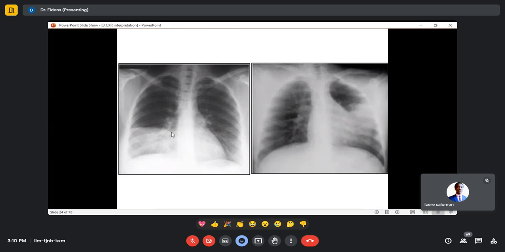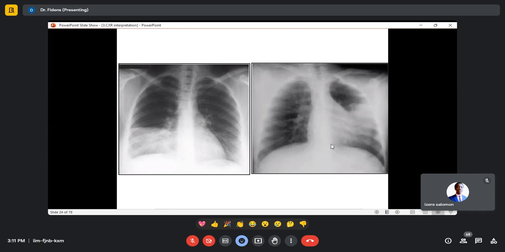And by seeing this, immediately you know that this opacity is located in the right middle lobe, because the opacity in the right middle lobe is the one that is silhouetting the cardiac border on the right side. Okay? But it is not extending to the lower lobe because the hemidiaphragm is clear. It's very well outlined. If the opacity was extending to the lower lobe up to the base, you should even have seen the silhouette sign positive to the hemidiaphragm